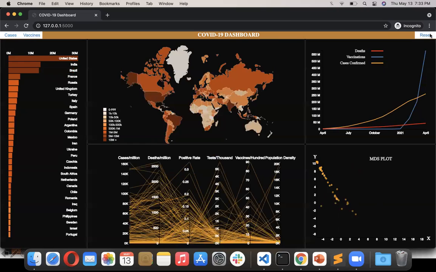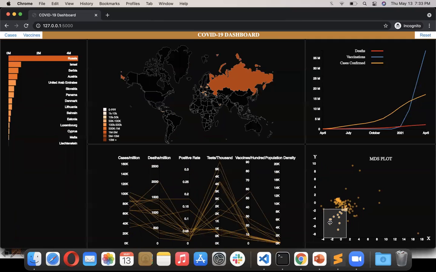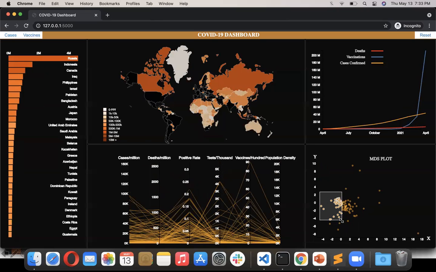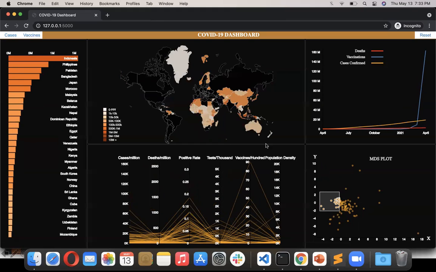And now let's analyze an interesting correlation in the MDS plot. If you can see, all of these countries are European countries and South American countries, and most of the European countries have fared similarly in the pandemic, as you can see from this MDS plot. In the same way, this indicates Asia, Russia, and a few other countries right next to Russia, and these are mostly African countries and Asian countries. If you can see, African countries, China, and other countries. These are the countries which have the lower case load ratio, and they are on the top side of the MDS plot.